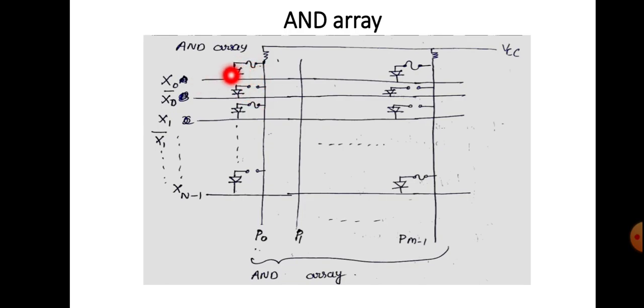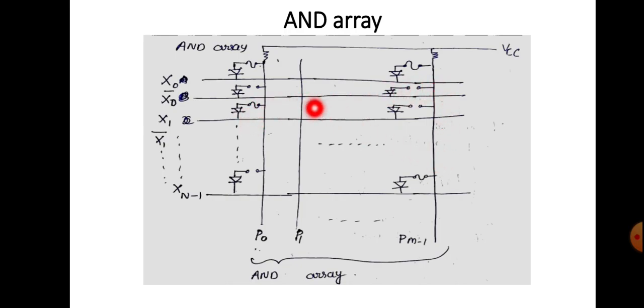Here you can see that x0 is connected to this line. Actually, this line is connected to an AND gate, and everywhere here there will be an AND gate. So based on the equations, we have to select a particular input line. The first AND gate line will give you the first product term, the second AND gate line will give you the second product term, and similarly the last one will give you the last product term. So based on the equation, you have to connect the fuse link. Here I have taken x0 connected to this line and x1 connected to this line. So this AND gate product output P0 will be x0 into x1.